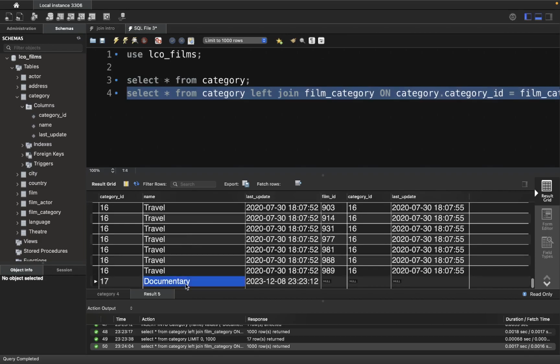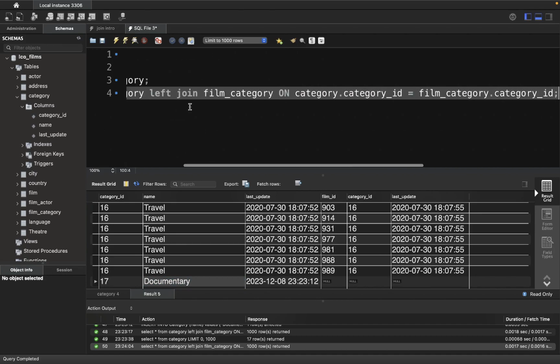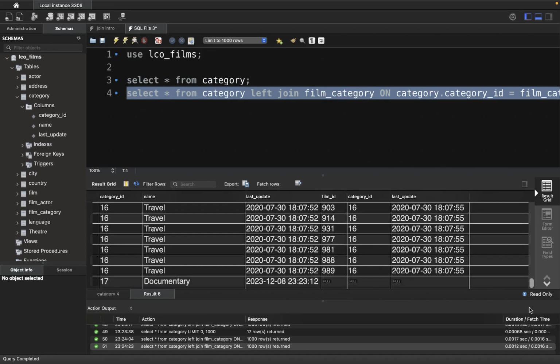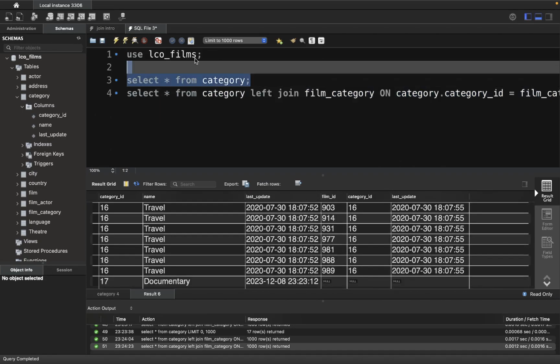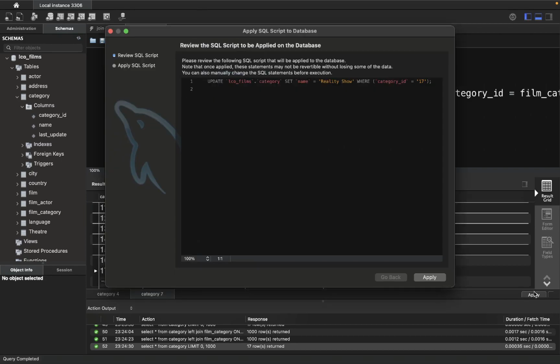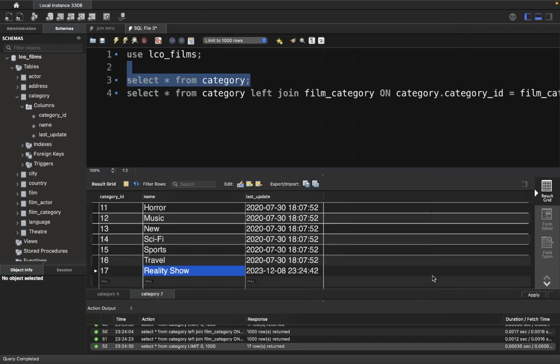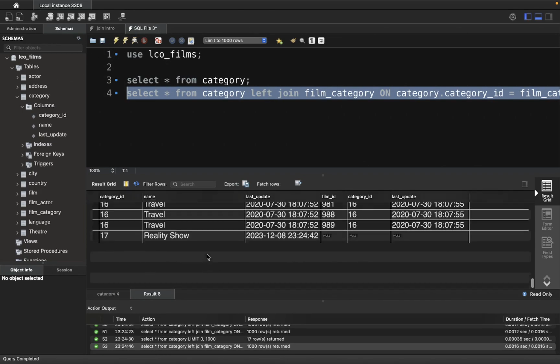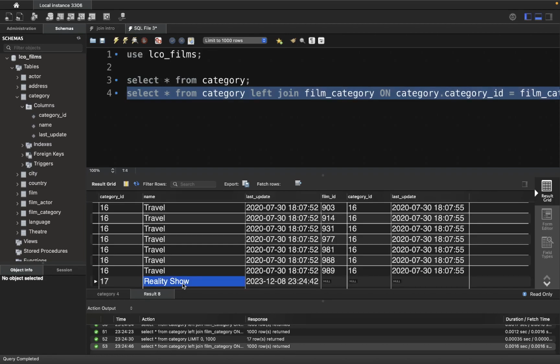And in fact, our last category, okay, this is still showing documentary. So I believe it's not taking the latest data, is it? Sorry, let's see in the category, did it exactly change the name? It has not changed the name. So let's call it reality show. Okay, apply. Now let's go with the left join. And can you see, even the record of reality show is coming, because I want all the records of category